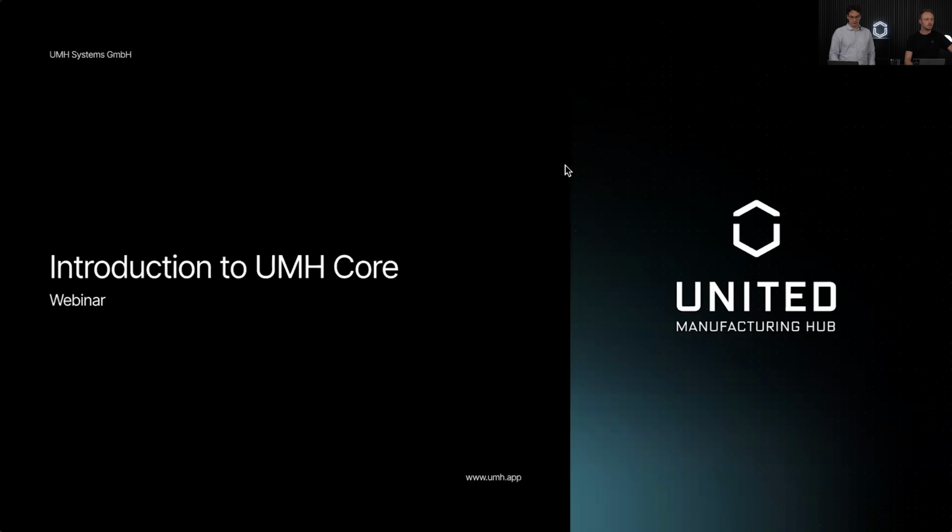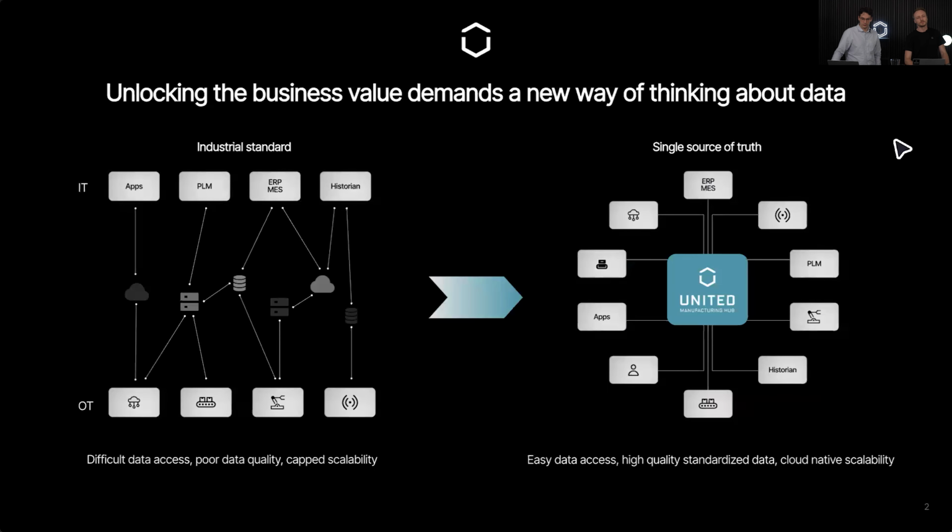Cool. Then let's give people a quick intro about UMH, what we're doing, who we are. So in general, I think most of you are well aware that we're talking mainly about the unified namespace in combination with UMH. So on the left-hand side, you see pretty much where we're all coming from, why we are talking about unified namespace, the typical spaghetti diagram of industrial standard when it comes to integrations, and where we're moving and headed as more and more the single source of truth, the unified namespace, where you only do every single integration once, standardize, model the data, and democratize the access to it to really make data a commodity on the shop floor instead of a business case.